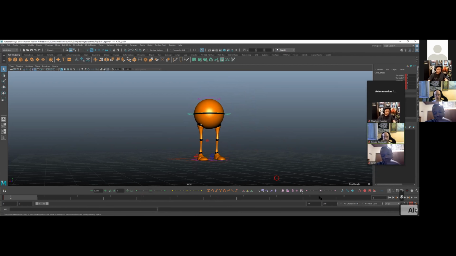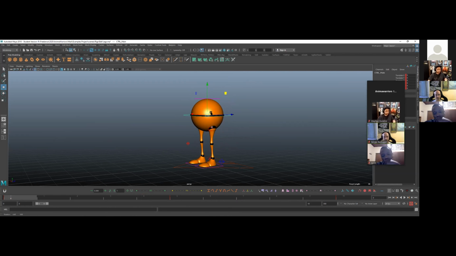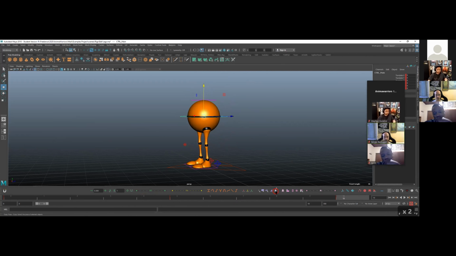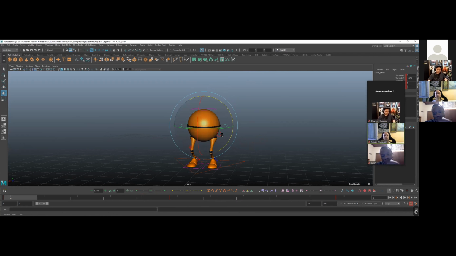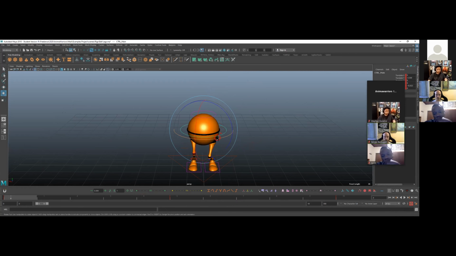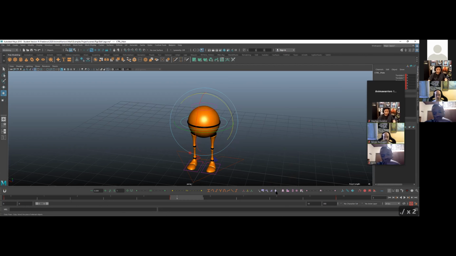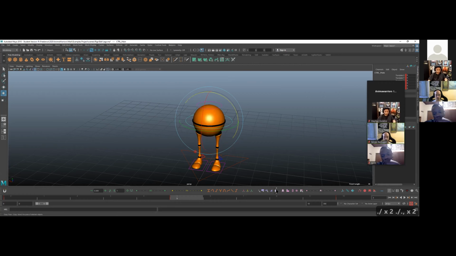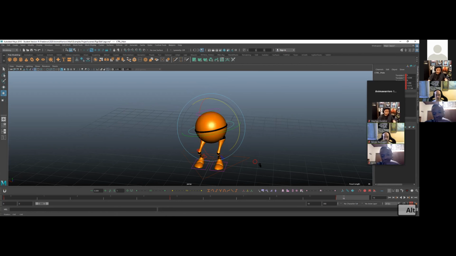Okay, so let's say you have your 3 keys right here. Here's your contact pose. This is your passing pose. And then let's copy and paste that, right? Then let's say you have the hips going a little bit forward this way and then a little bit this way, since this foot will technically be going first. Copy that. There you go. Paste that. And then if you mirror this,